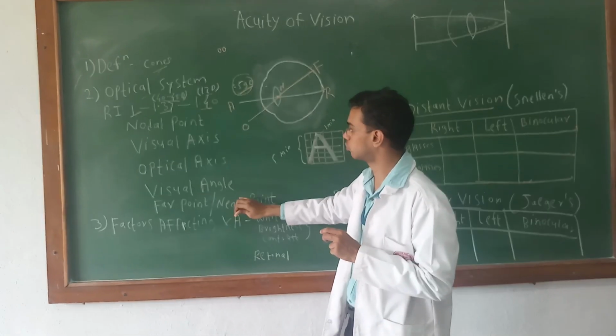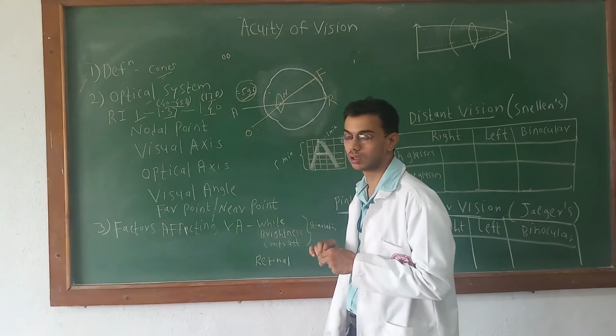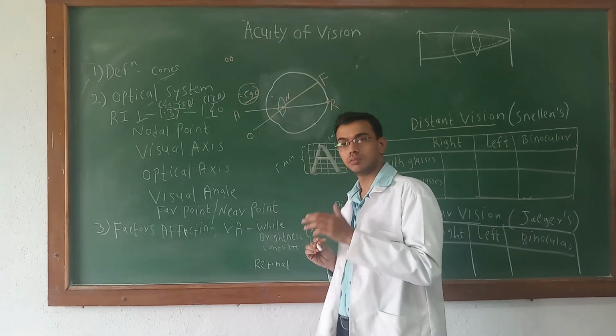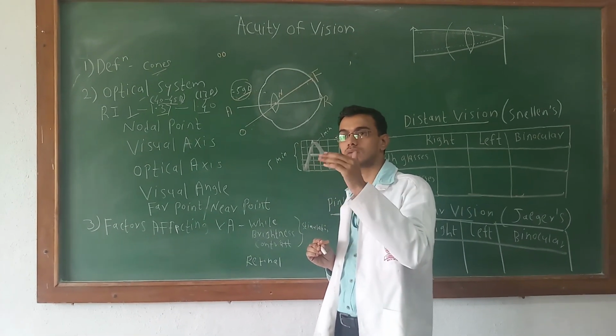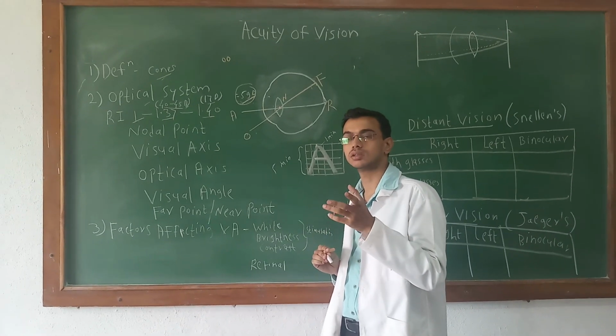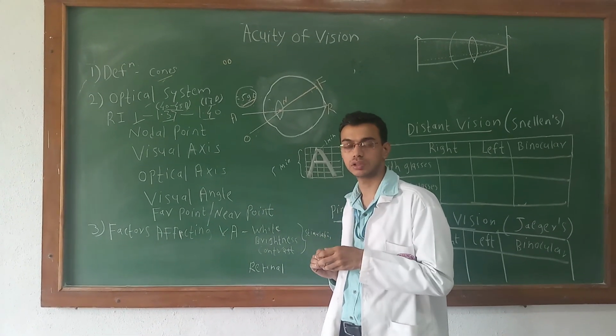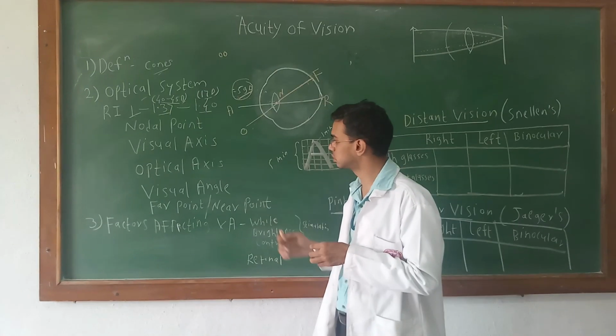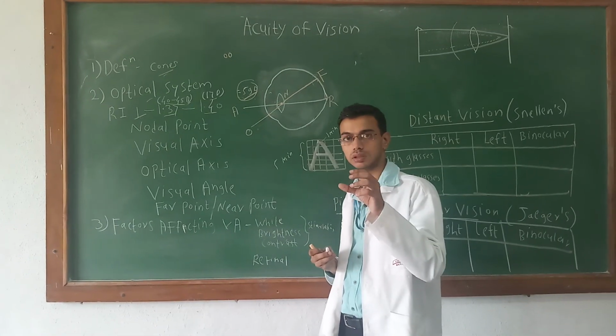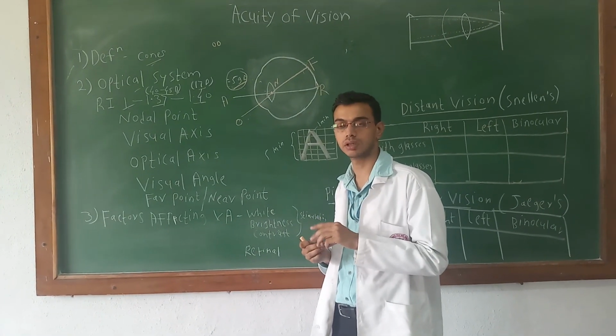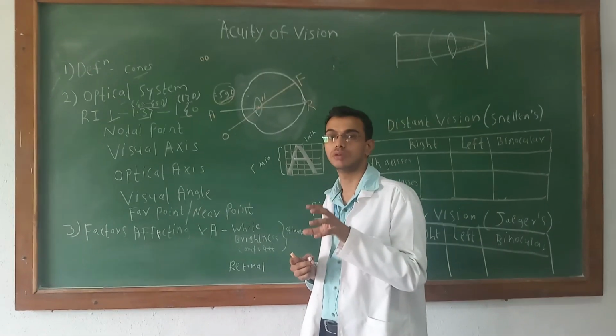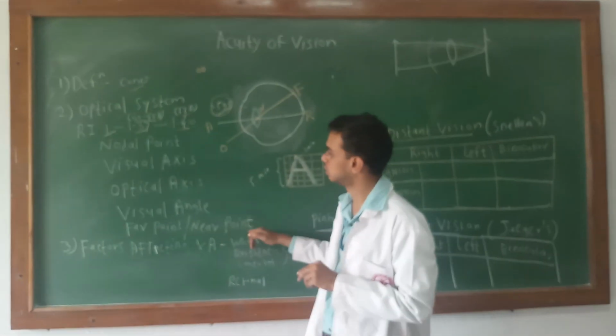Okay. Then what are the far point and near point? Far point is nothing but the maximum distance at which the object is placed that a person can see without any accommodation. That is called the far point. Near point is when you place the object at a minimum, around 30 centimeters, the person can see that object with the maximum accommodation. That is called the near point.